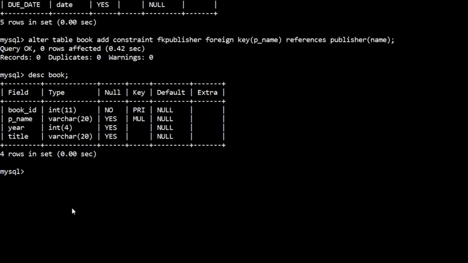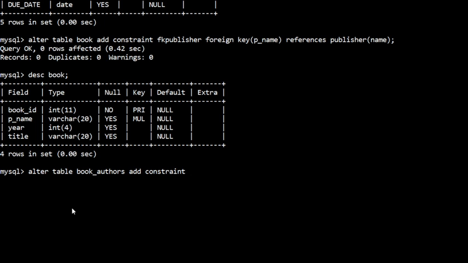Now next we will add foreign key to another table, that is book authors. Okay, in book authors, book ID is the foreign key. So again write alter table, book authors, add constraint. Better to give the name. Usually it's a best practice to name the constraint.